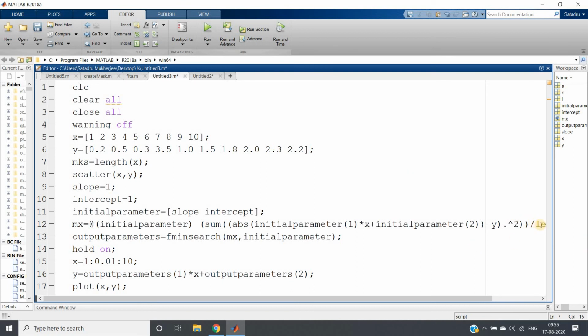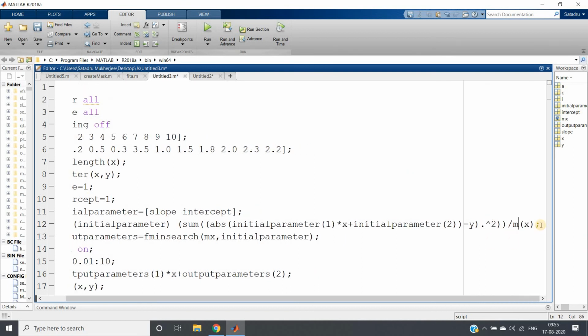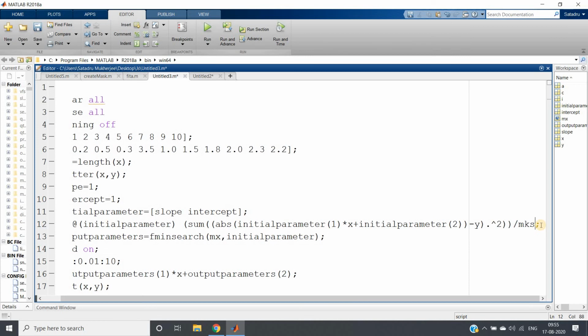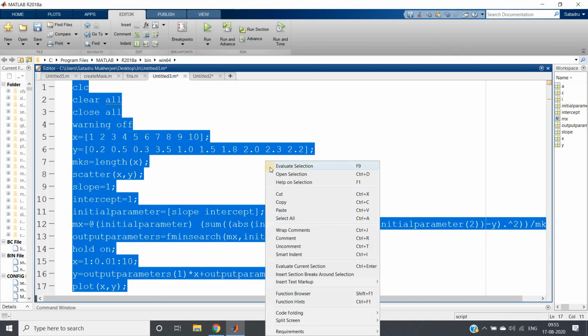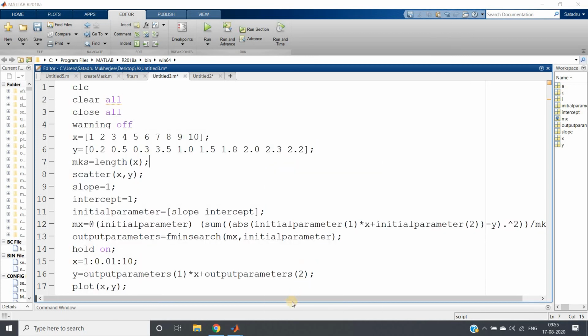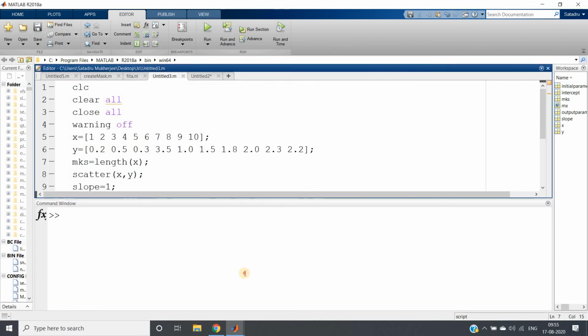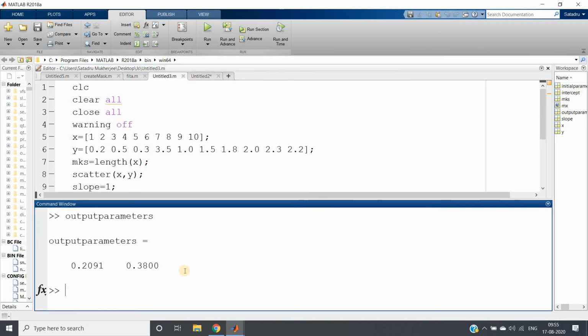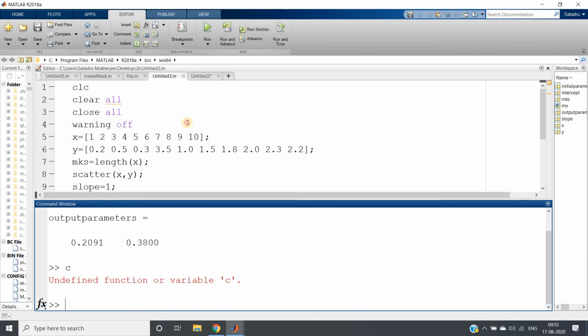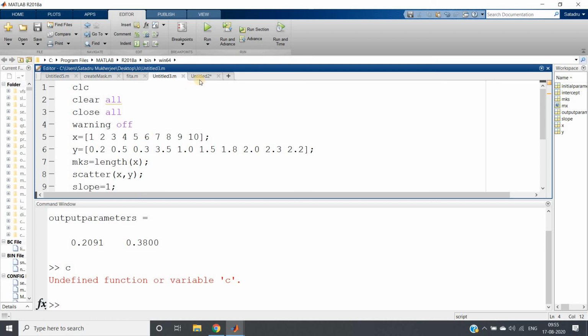Here divide by mks. Then if I just press Control A and evaluate selection, here also I will be getting the same result. Output parameters, see, 0.2091 and 0.3800 as we have got in our C value.